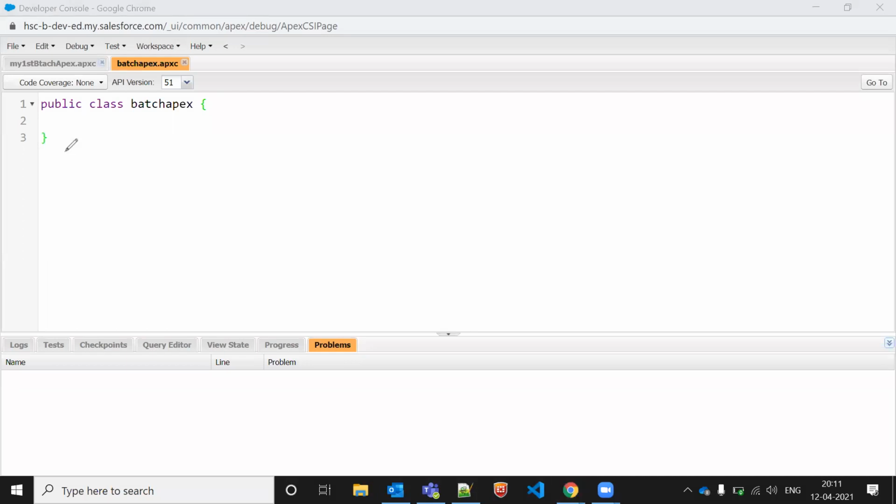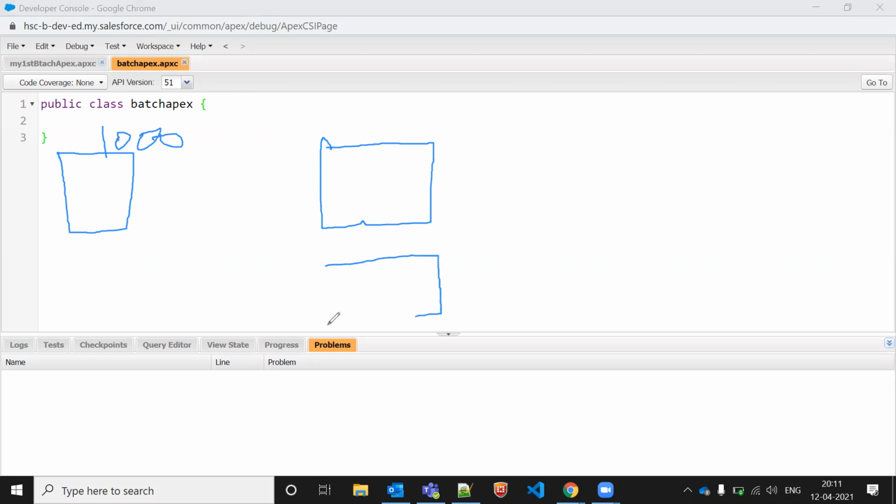Let's say I have one object with a total of 1000 records. What we want is to transfer the records from this one object to two objects: first this one, second this one.